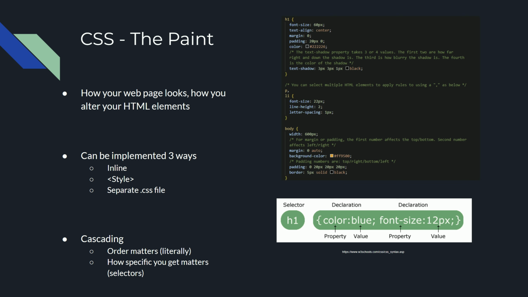So CSS does stand for cascading style sheets. Cascading means that the order really does matter, literally, on the CSS page. So if you have two attributes, or two things for something like say H1 for your first header, for some reason, the bottom one will be the one that actually gets rendered out, just because that's the order of how things were placed in the CSS. So order does matter. Cascading does literally have effect, and how specific you get also matters